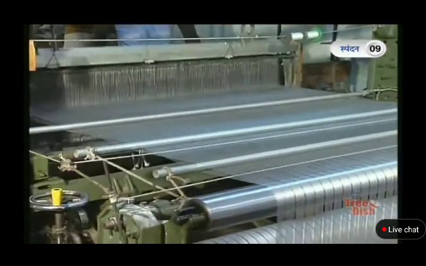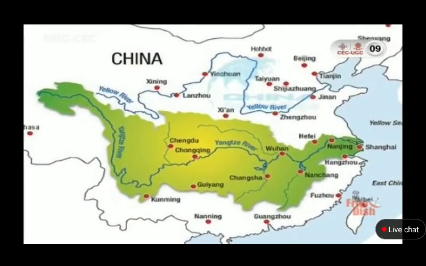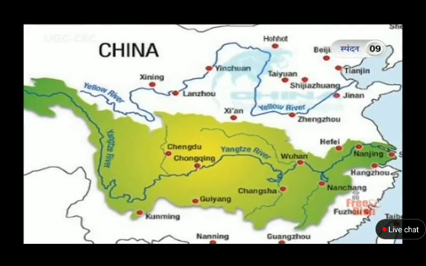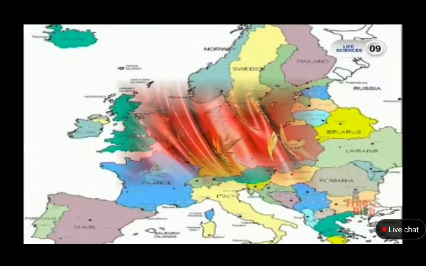Sericulture and silk weaving had been established in the Yellow River and Yangtze River areas of China thousands of years before Christ. Production of silk started in China between perhaps 5000 and 3000 BC. This great Chinese invention began with the ingenious discovery of reeling silk threads of wild silkworm cocoons, followed by the conscientious domestication of silkworms. Although Chinese silk was